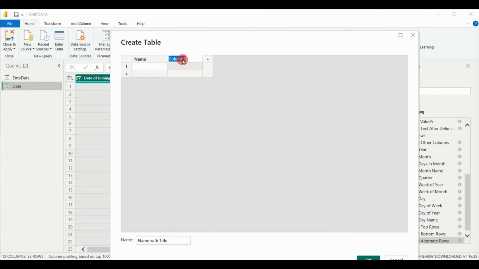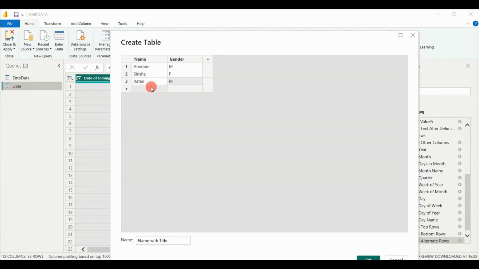Add column, Gender. Name, say, double click: male, then Sirisha, female, Ratan,